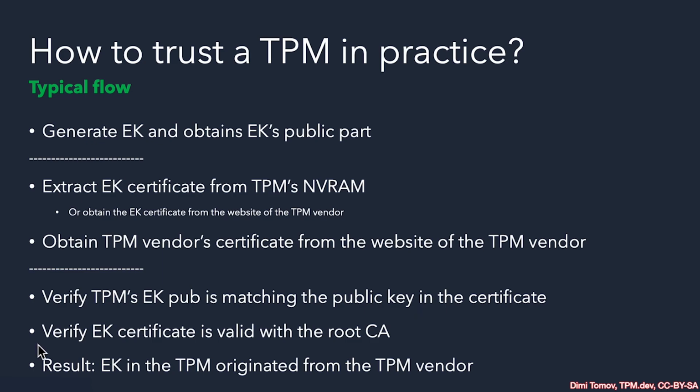Afterwards, we need to verify the EK certificate has a valid chain of trust, going through the intermediate certificate of the vendor and reaching to the root CA, resulting in the verification of the TPM as genuine, because we instructed our TPM to generate the EK. Then we instructed the TPM to provide us the public part of the EK, and we matched it to the certificate that turned out to be genuine and valid, walking through the certificate chain of trust. Now we'll look closer into more details of how this works.